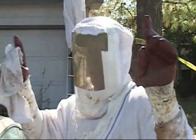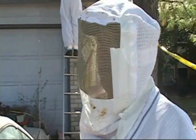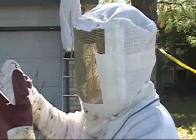But I've seen it like this before. Those rats, they'll be in there and the bees will get on them, they just kill them. And then the bees will build a honeycomb around the rat and actually preserve